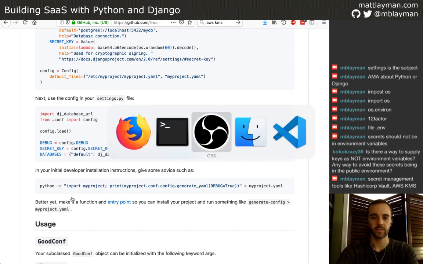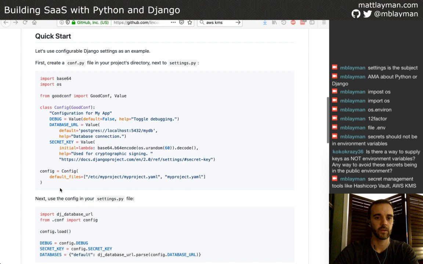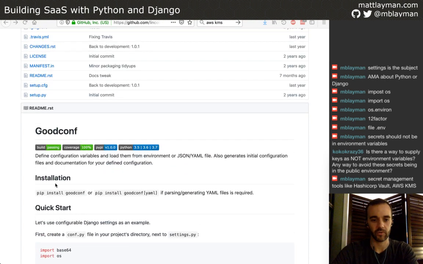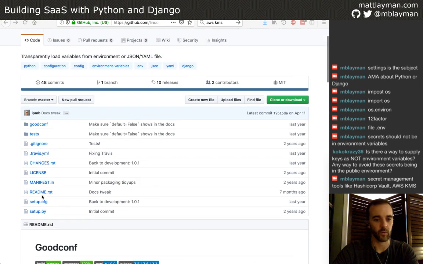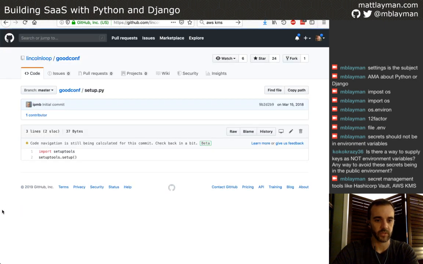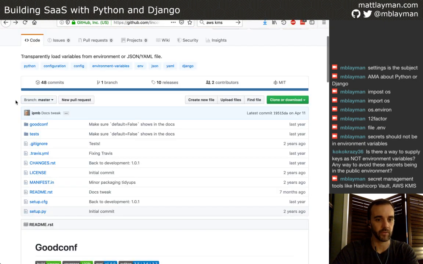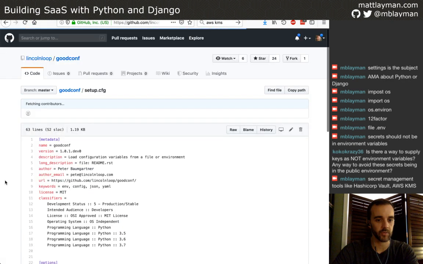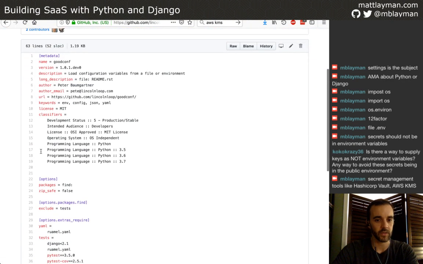So let's get to some code, shall we? And I should note that GoodConf does, I believe, require Python 3. Let's check out their setup. They use setup.cfg for everything. Check out their setup config. So you've got the classifiers here. So it supports 3.5 and up. So if you're on Python 2 still,